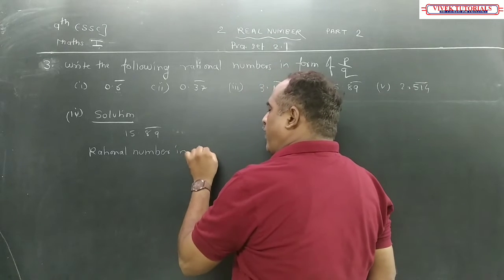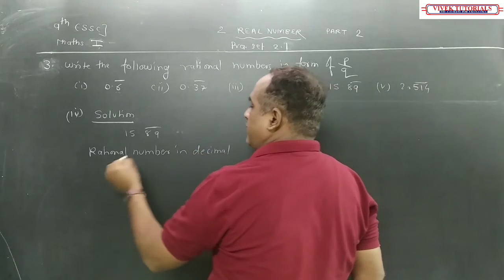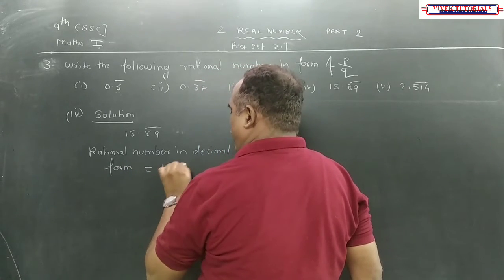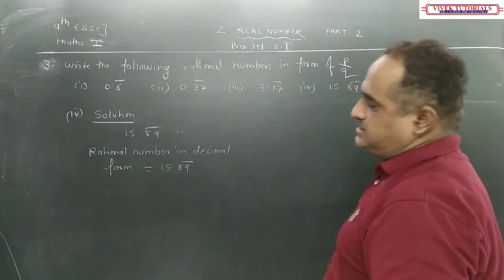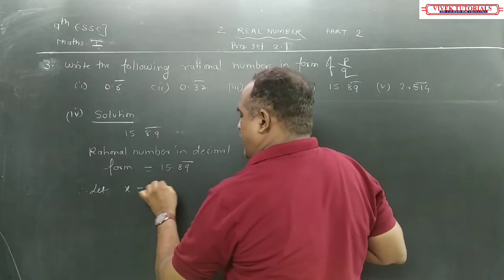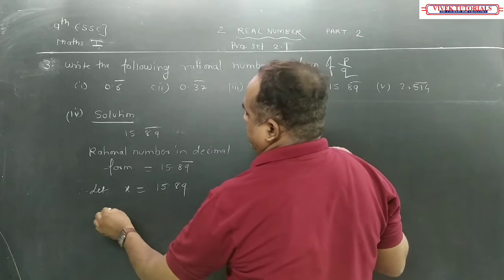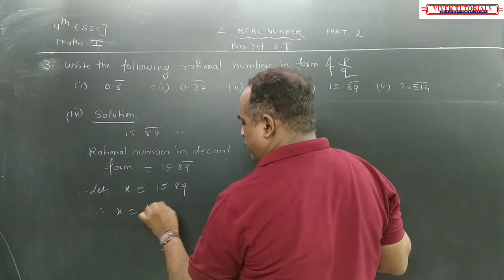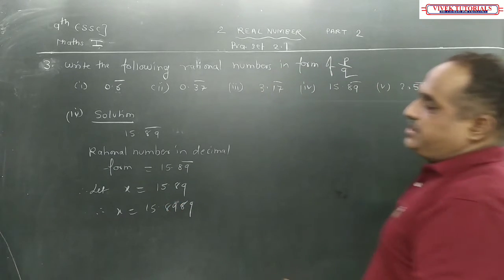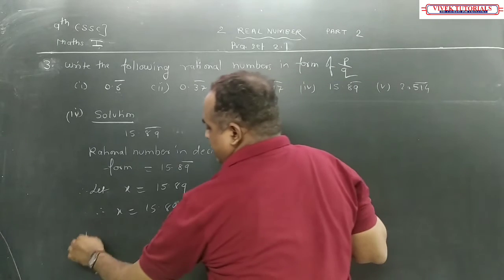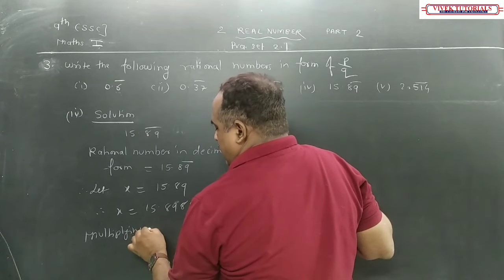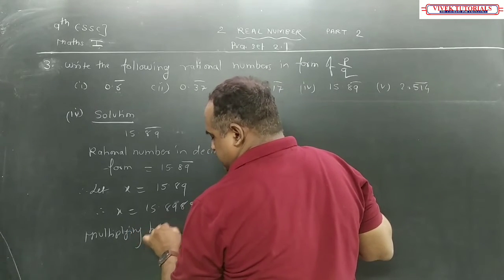in decimal form is equal to 15.89 recurring, right? It is. Therefore, let x is equal to 15.89 recurring. Therefore, x is equal to 15.8989. Correct? Now, multiplying both the sides